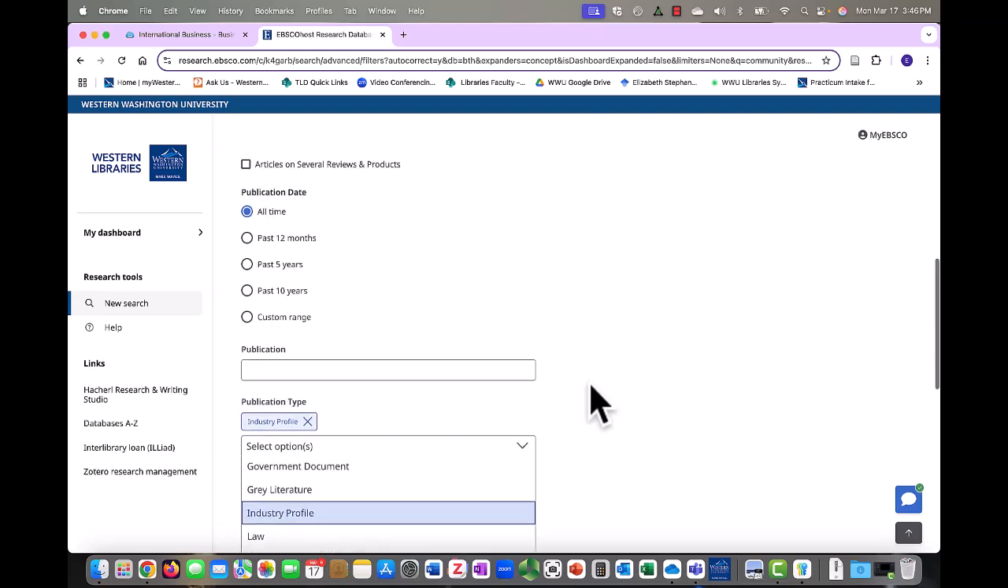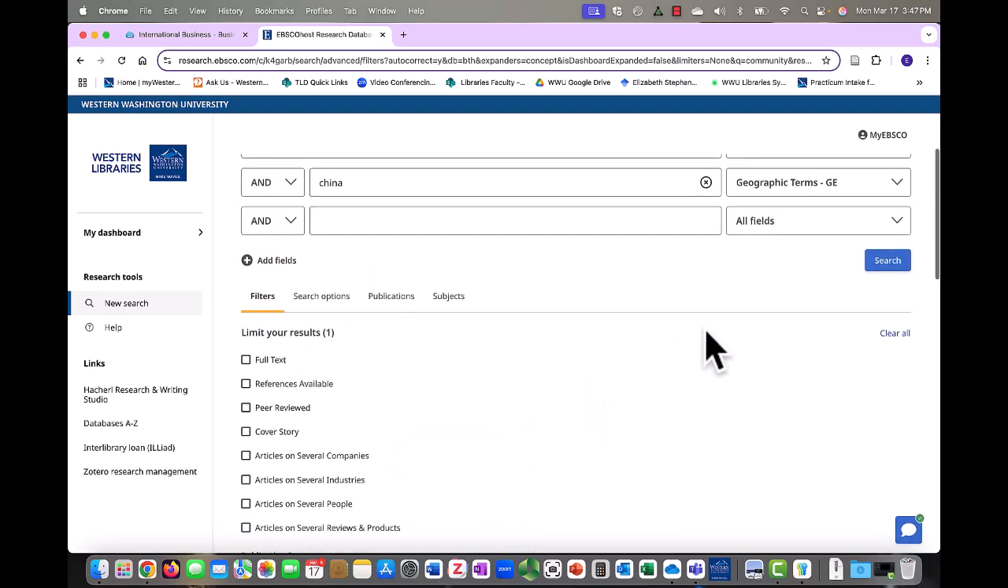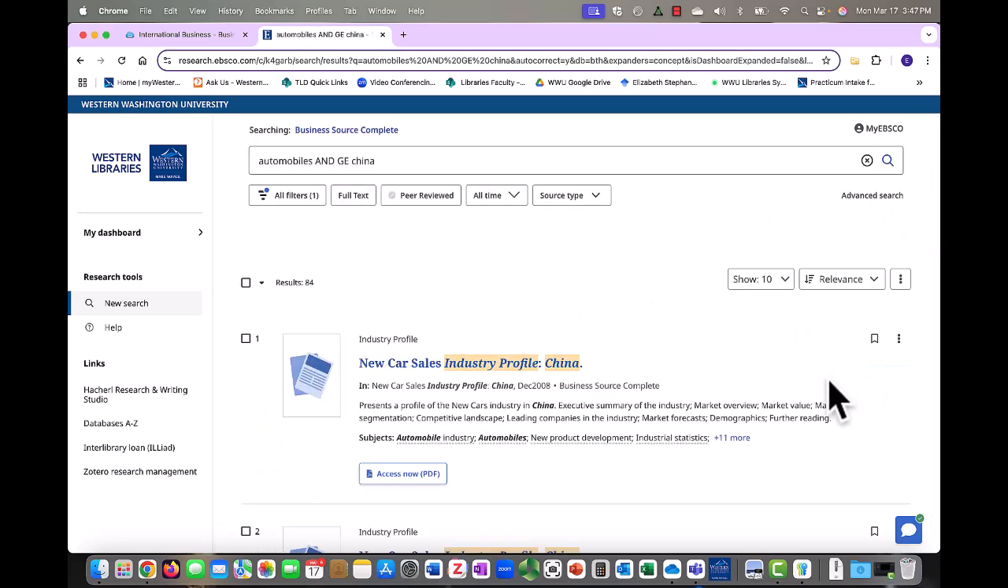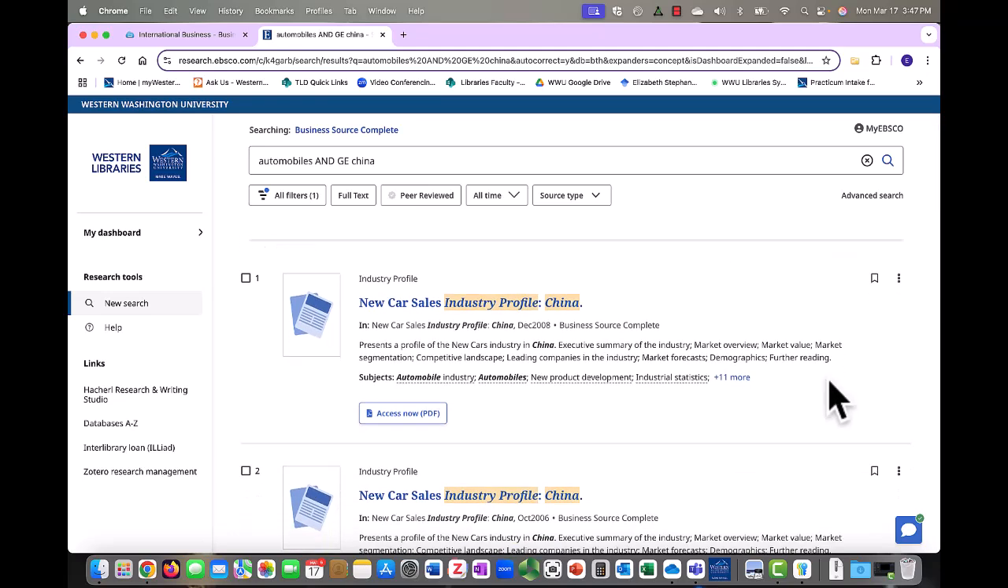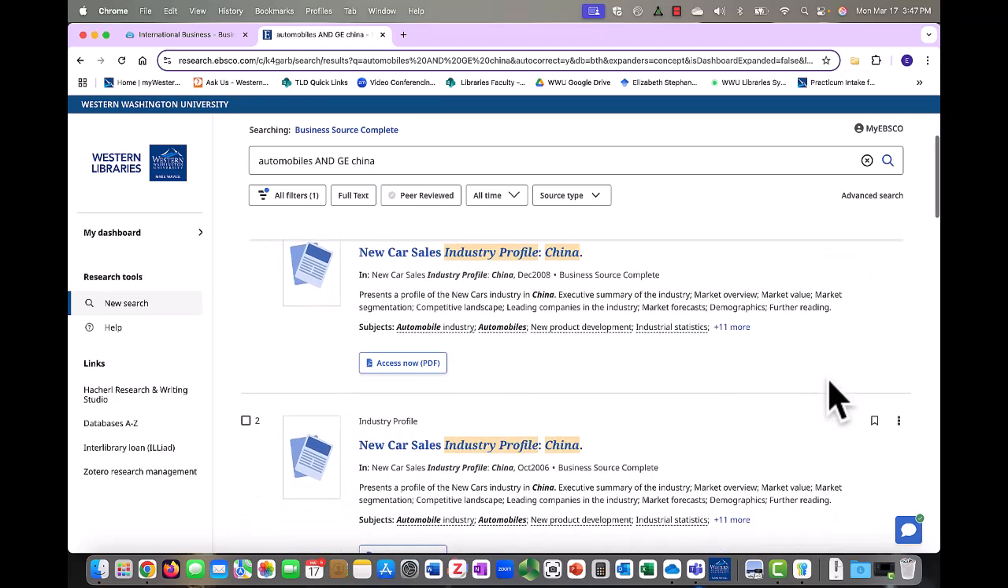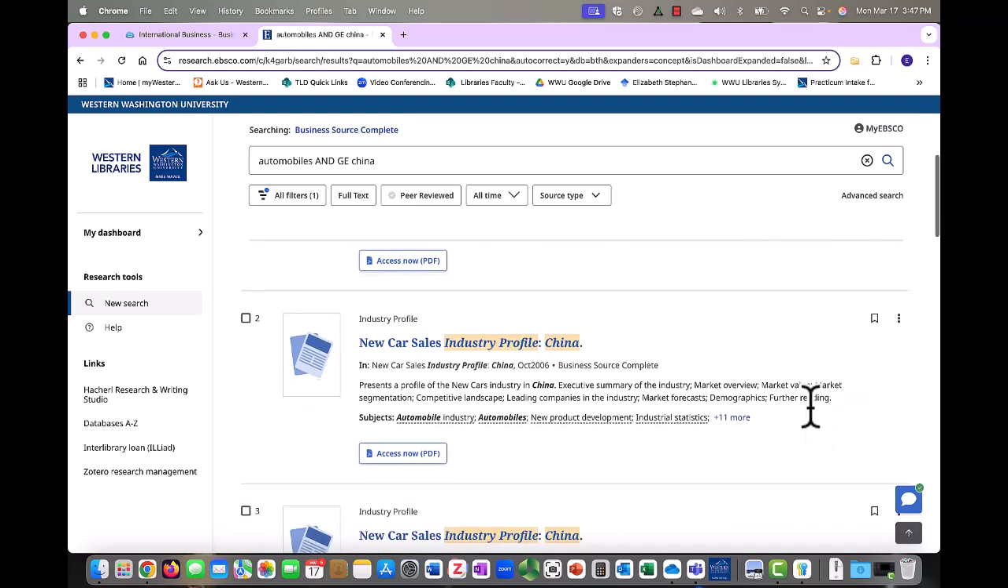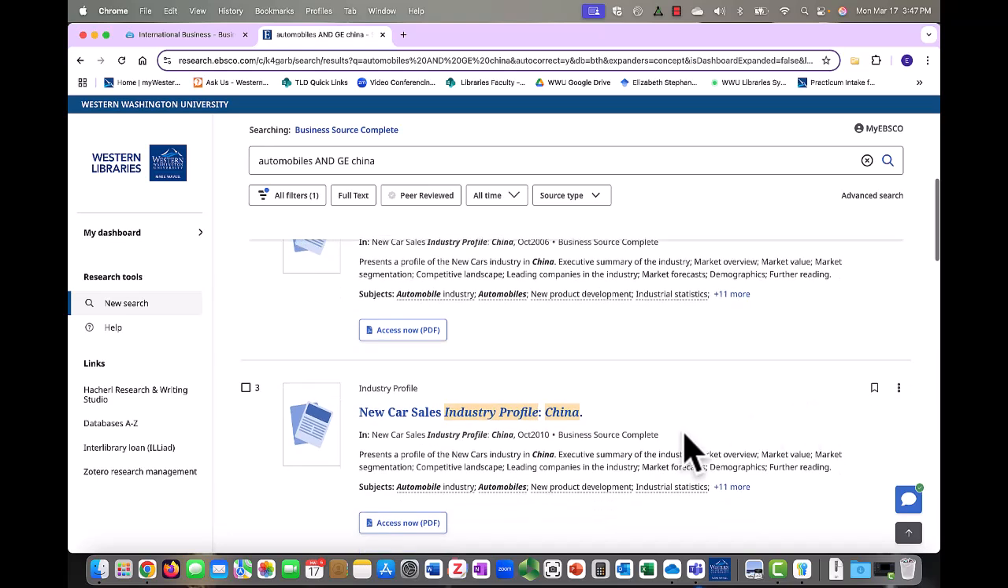By doing this, I really filter out some of the extra info and what might be considered noise when you're doing a search like this. When I get my results, looking directly at the titles, they seem pretty relevant. New car sales, industry profile China. Same thing. But if you look at the dates, you'll see October 2010,